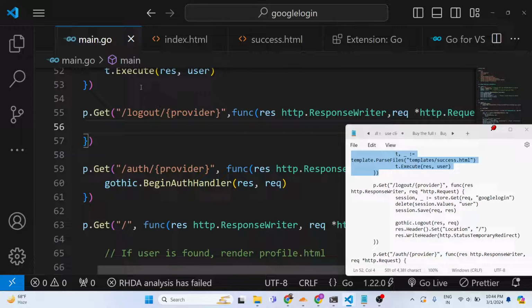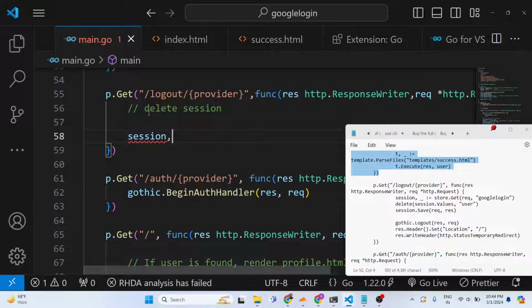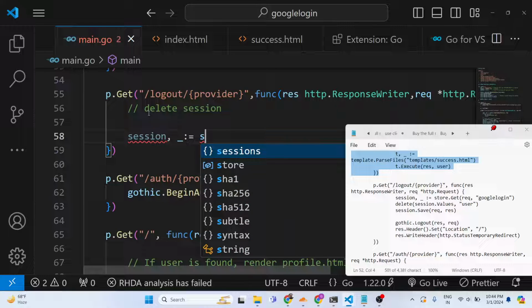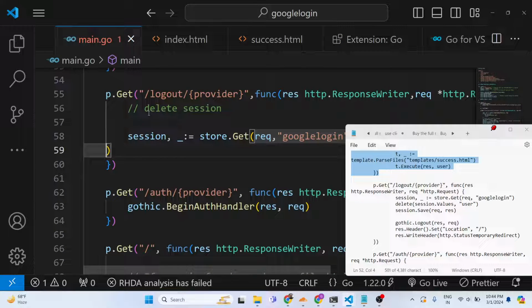So inside this request, we will actually delete information from the session. First of all, if the session information exists, we will get the store.get. We will get this information from the user, store.get, request, and the name of the session that we declared, which is Google login. We just need to write this. After that,